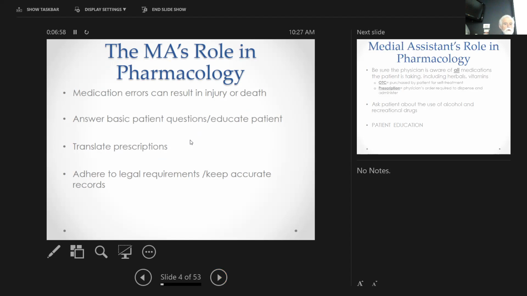But we also need to follow our legal requirements. Legal requirements including